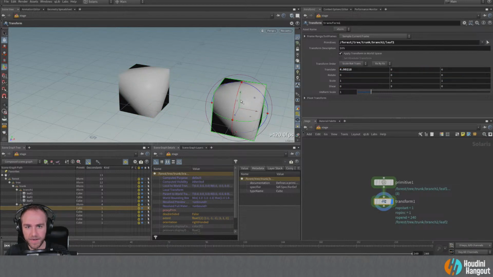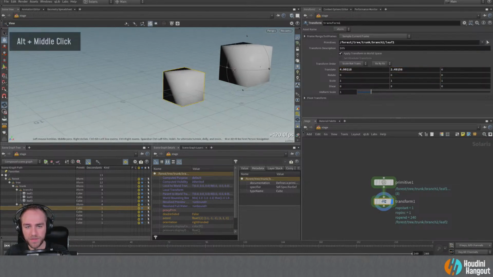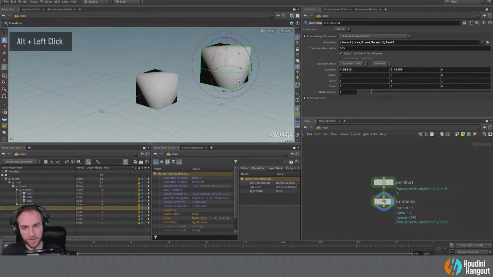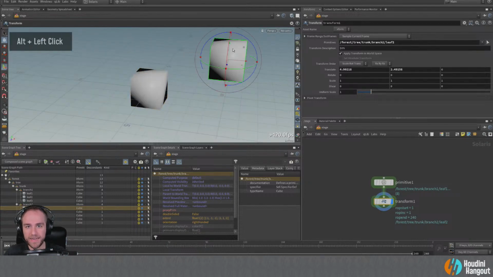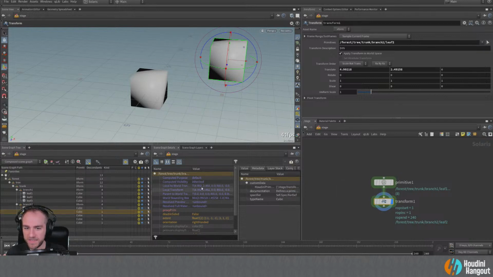We can just move that around, right? So now we've moved one of those leaves out of just that origin spot, and it's up here, right? This is pretty straightforward stuff, pretty simple. We should be able to see that these transforms have changed. In fact, as I move these around, those will get recomputed, right? So our transforms are changing here for leaf 2.